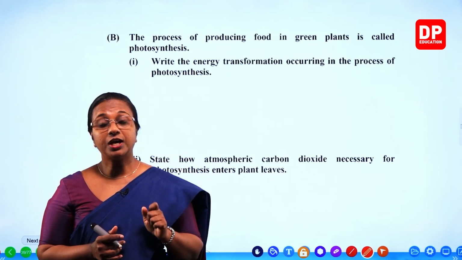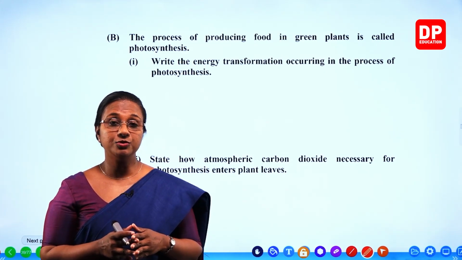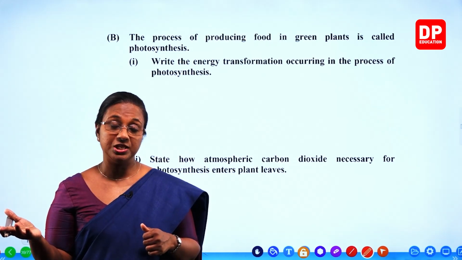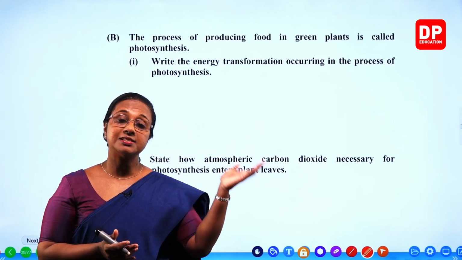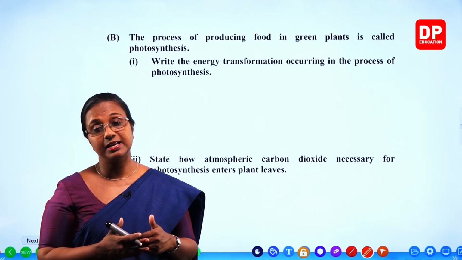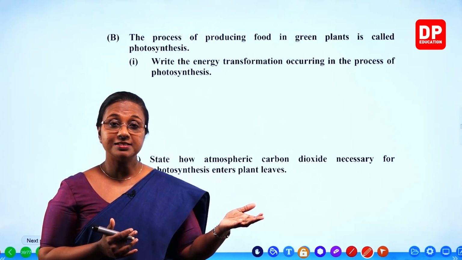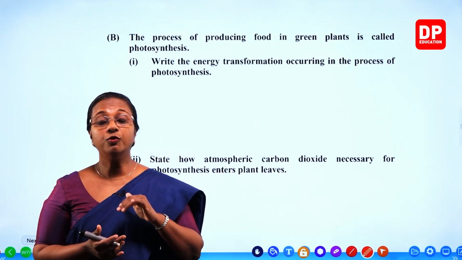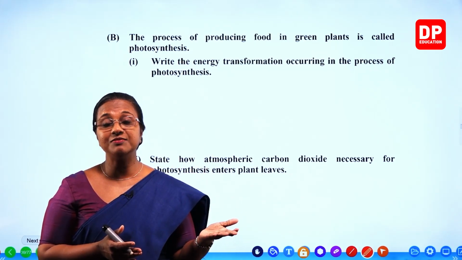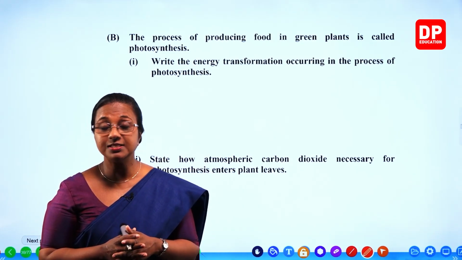Out of that, both carbon dioxide and water are the raw materials. Glucose and oxygen are produced. Now, glucose is the main product. Oxygen is the byproduct of photosynthesis. And during photosynthesis, the sunlight, the solar energy is converted to food. That is chemical energy. So, the solar energy or light energy is converted to chemical energy. That is, the sunlight is fixed as food, that is glucose. So, you all remember glucose is temporarily stored as starch in leaves and then it is transported in the form of sucrose. So, that is how photosynthesis occurs.